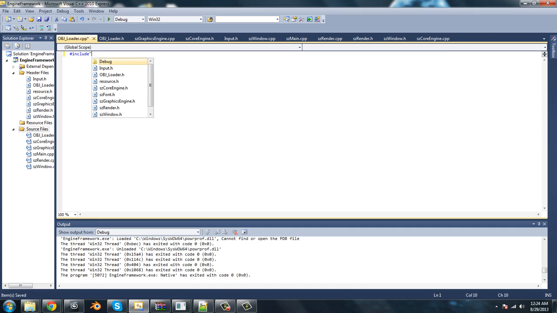Now we're going to write the function, and I'm going to give you a quick heads up on what we're doing, how we're doing it, and what exactly we're going to do. Hopefully after this, you'll understand how easy it is to load an object file. So I'm going to make a structure called object vertex, and it's going to have some variables. So int,